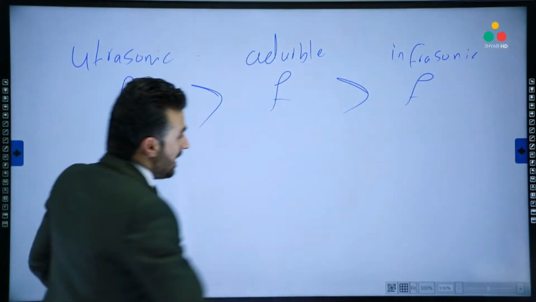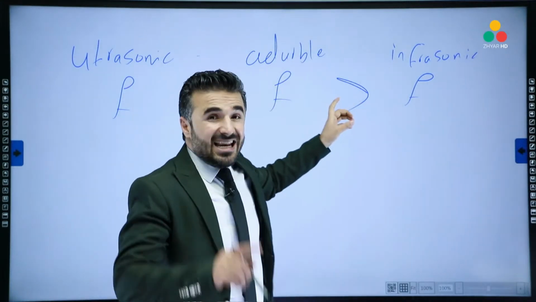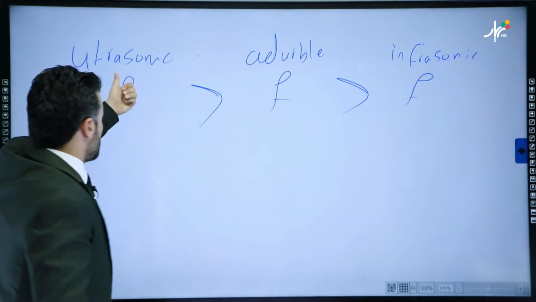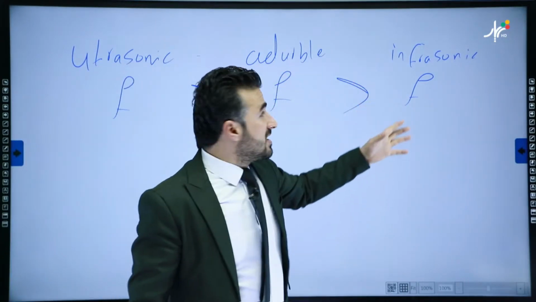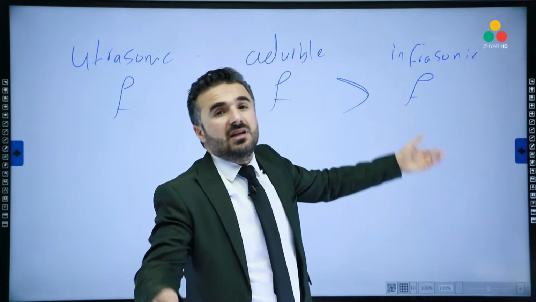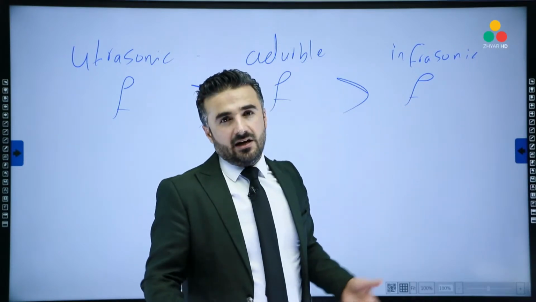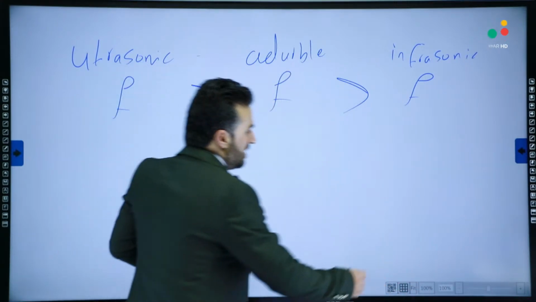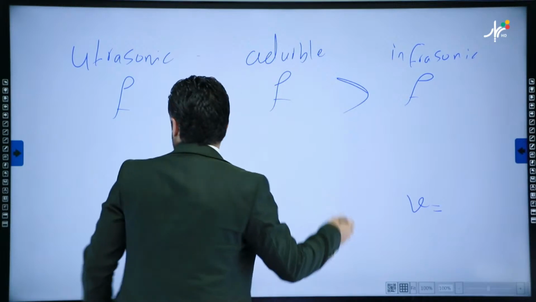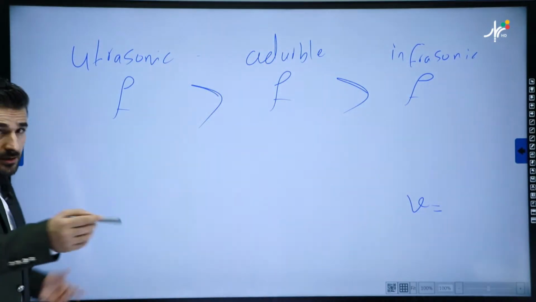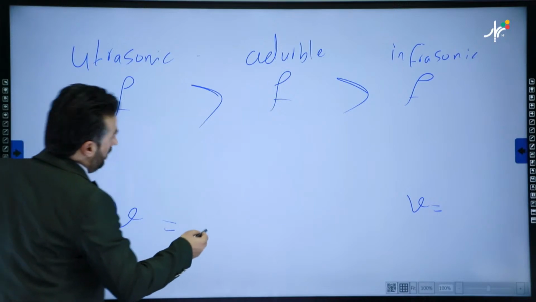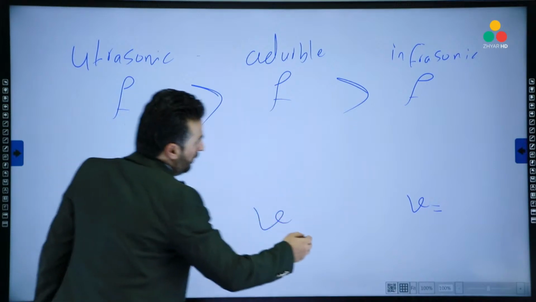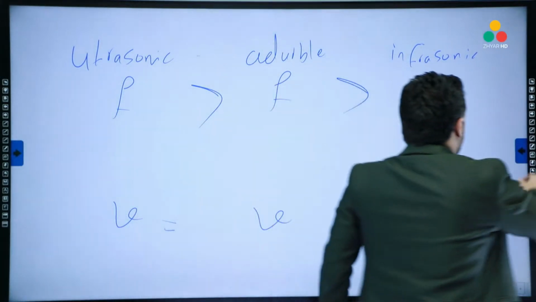But hey, remember this. The speed of each one of these sounds in a given medium at a certain condition is equal. Don't forget. That means the speed of ultrasound is the same as the speed of audible, which is the same as the speed of infrasonic, given the same medium. Let's say the same medium, air, at a certain temperature, say 25 degrees Celsius. Then each one of these would have the same speed. So we can say the speed of ultrasonic is the same as the speed of audible,